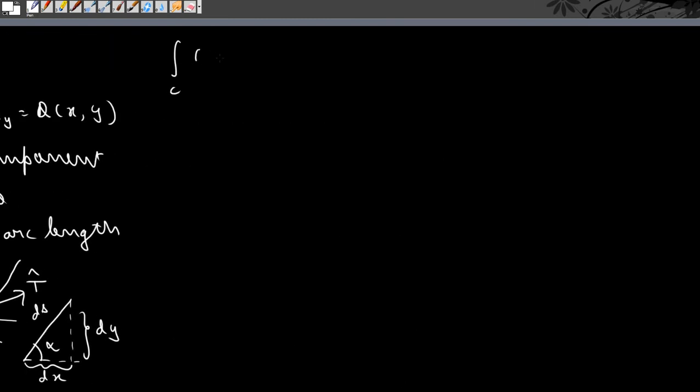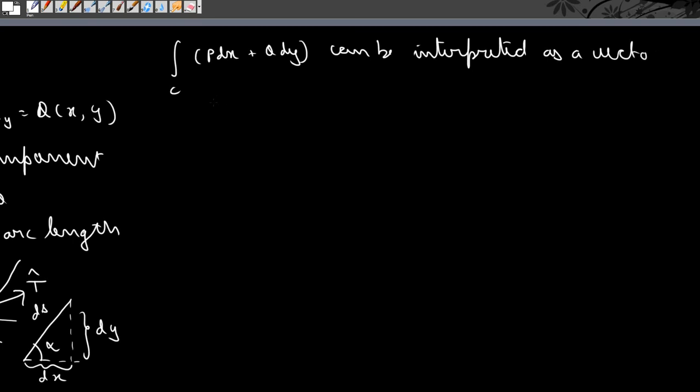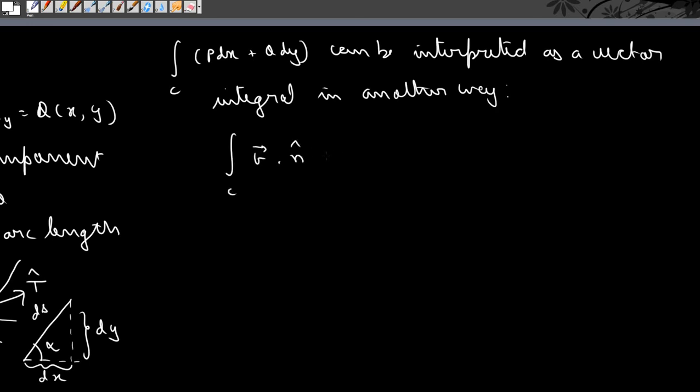So integral over c of p dx plus q dy can be interpreted as a vector integral in another way, which is given by the following: integral over c of v dot n hat ds,